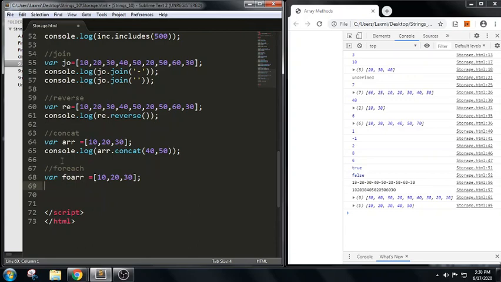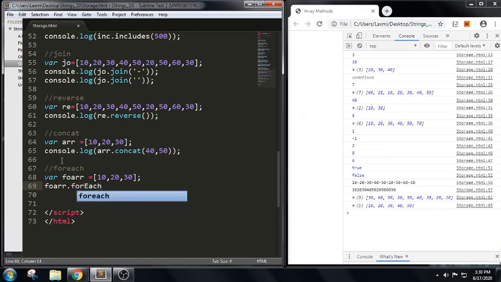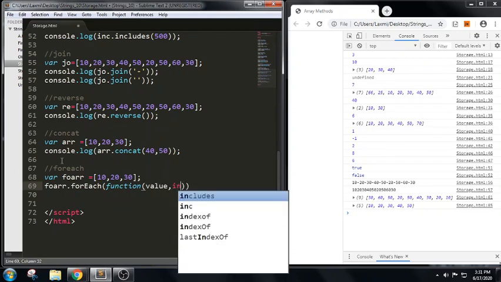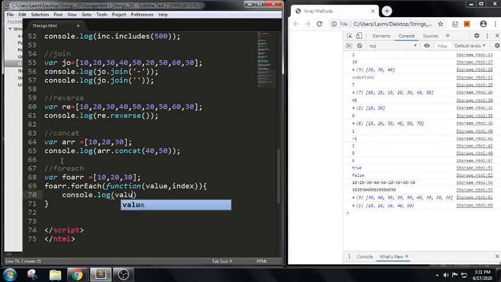In this array I am trying to write dot forEach function. As we have discussed, it will have two arguments, value and index, and inside it console.log of value. Let us check the output of the snippet now.